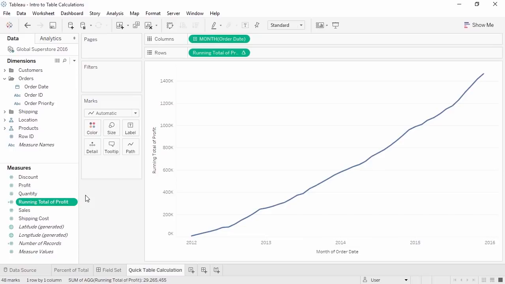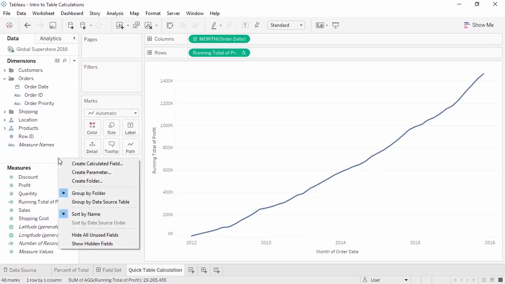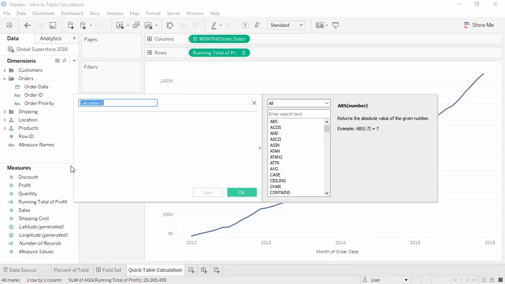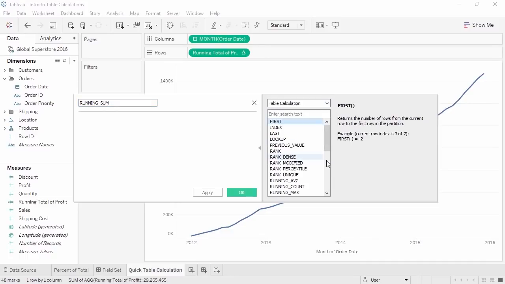running total by hand. Right-click in the data pane and select Create Calculated Field. We'll name it Running Sum. If we change the function type to Table Calculation, we see the long list of options for table calculations. Again, these functions are performed on the field set that makes up the view. We'll pick Running Sum,